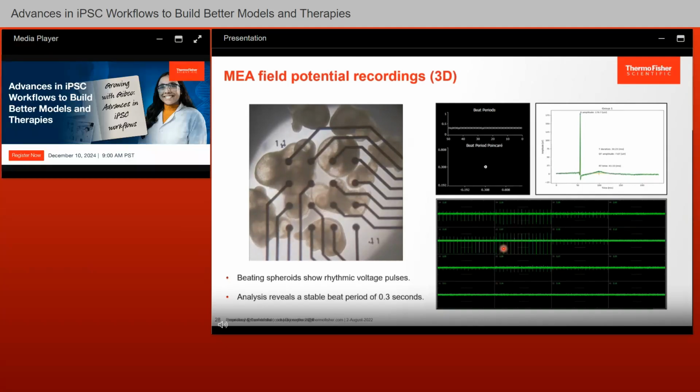Now, finally, similar to what we did with the midbrain organoids, we wanted to see whether we can assess the functional characteristics of these cardioids. So we took these cardioids that were differentiated in small-scale bioreactors and plated them onto multi-electrode assays to measure again their electrical output. And here we can see the visible beating of the cardioids displaying rhythmic voltage pulses. And our analysis shows an extremely stable beat rate of 0.3 seconds, for example, in some of those cardiac organoid